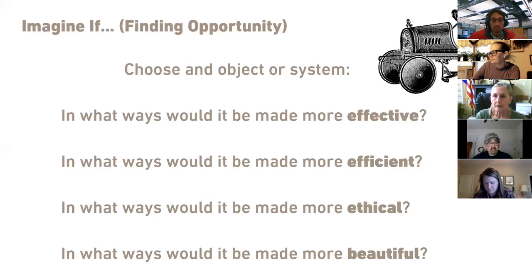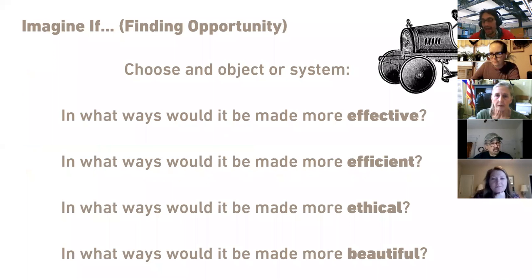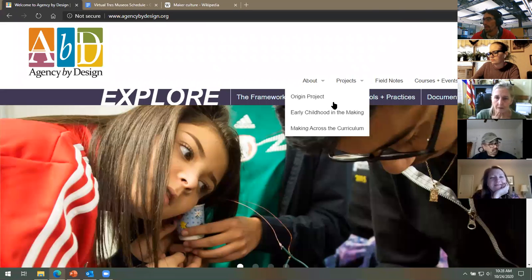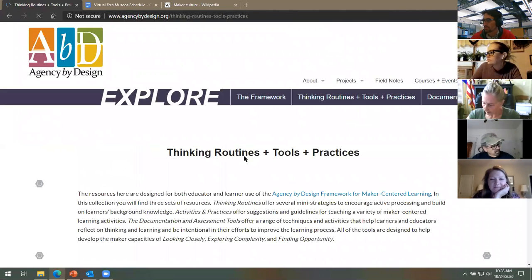Okay, so those are the 3 thinking routines that I shared with you. There are a bunch, and so I'll share with you quickly. You can just Google Agency by Design, and I'll share this in the chat too. They make all of their thinking routines free and available.